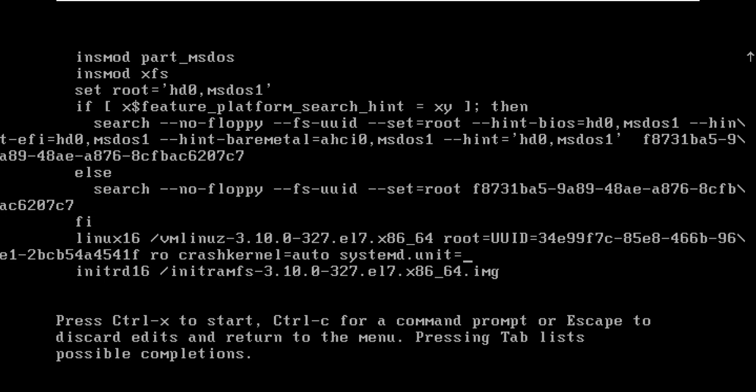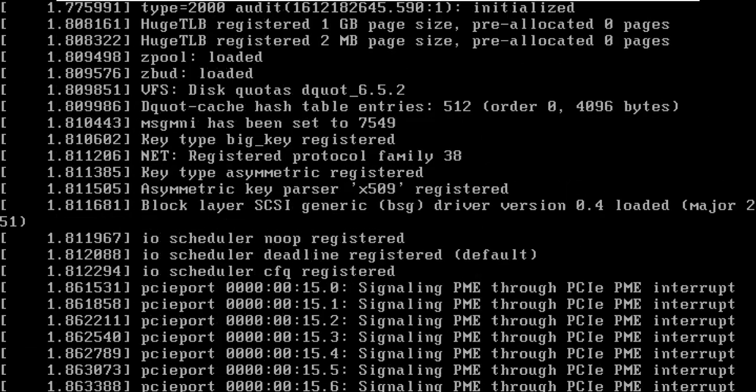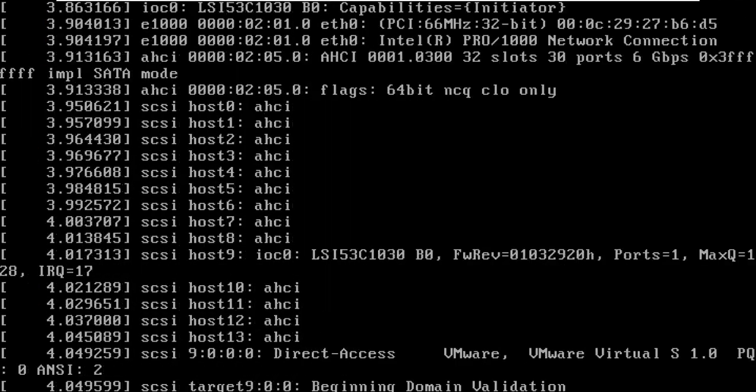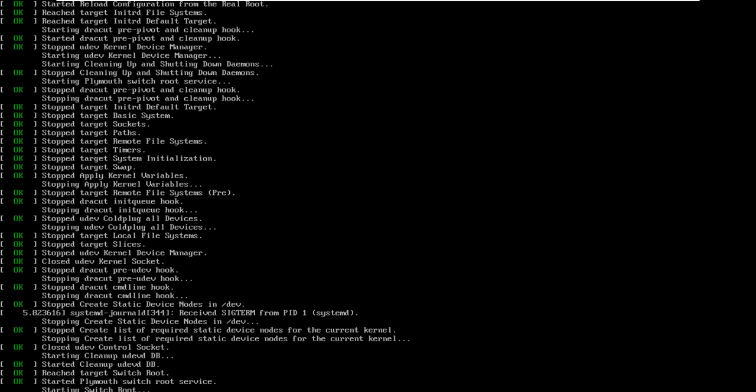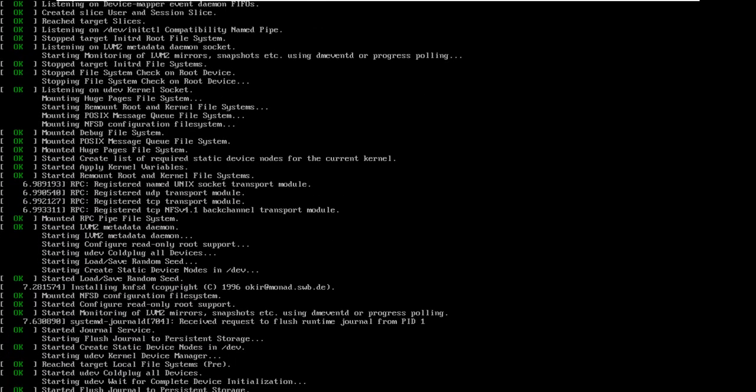Let's say I want to go to command line, so I will say multi-user.target. So our system will not boot into graphical, it will boot into command line multi-user, and I will say Control X. And because now RHGB quiet is not there, it will show. Now you see it is showing all the options it is loading.